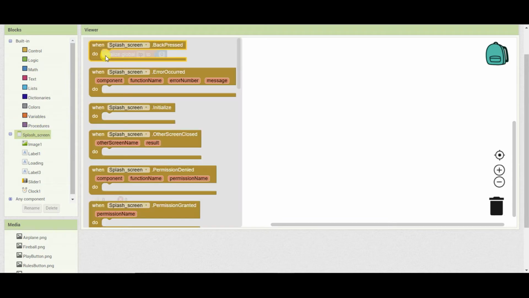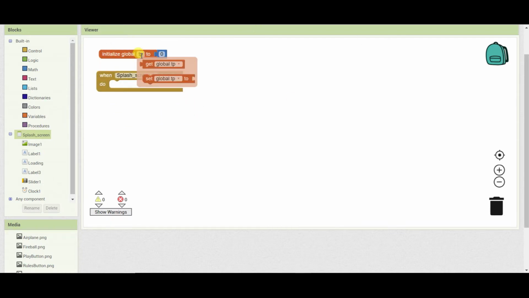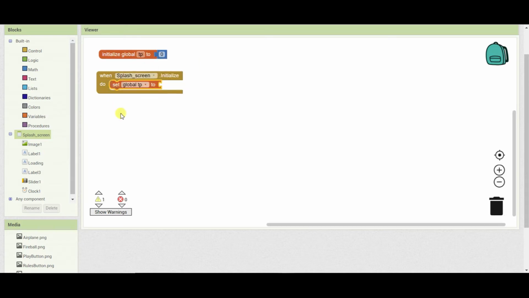Now whenever splash screen is initialized, then we have to set the global TP to 0 and we have to give a new value to TP, that is slider1 dot